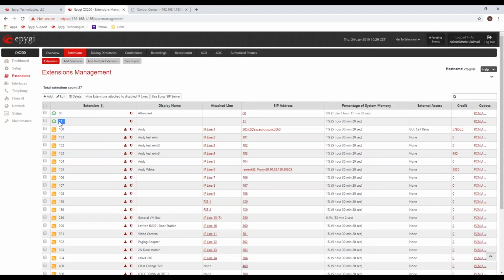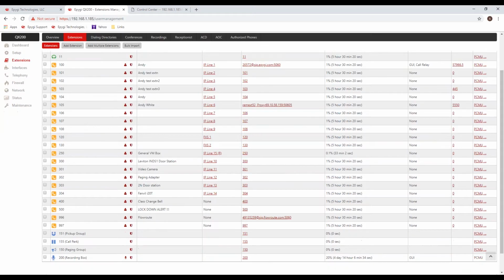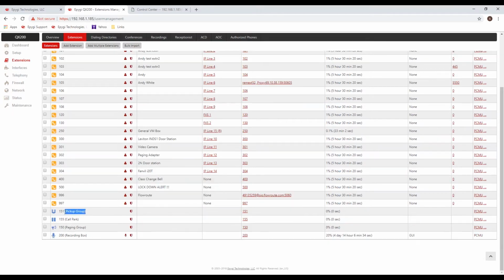This is the extensions management page where you see a list of all your extensions. You can add, renumber these extensions if you want. So it's up to you. You can have 2, 3, 4-digit extensions, a mix and match of both if you needed. At the top, we've got the 00 and 11. Those are my two auto attendants that I've got configured. Then we've got the users' extensions. Down below, I've got some